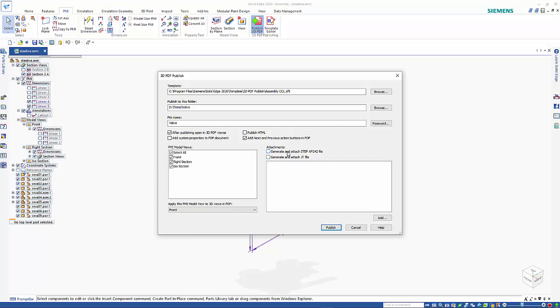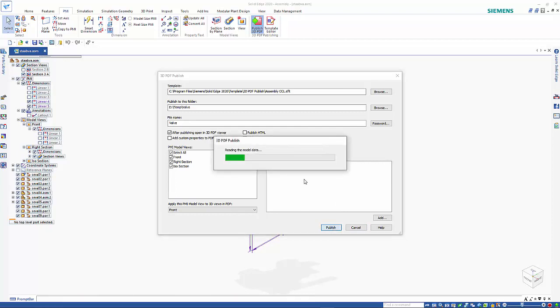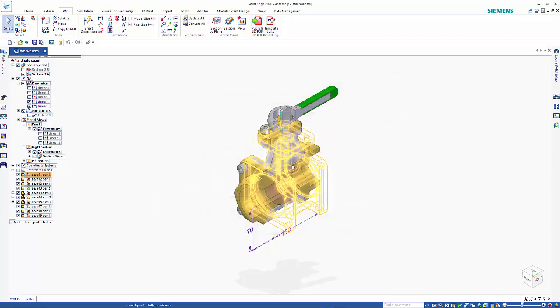And alternatively, you can add in an option to generate a STEP file and JT files. They will come in as attachments, or you can just add in separate attachments whatsoever, which will be attached with the PDF. So once we've finished that, we just go and publish, and that goes through into creating that document for me, and that comes back to